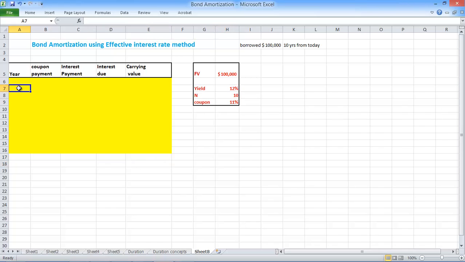So if they want a 12% yield, we have to first tell if our bond is selling at a premium or a discount, or how much we are going to receive today to borrow $100,000, which will be due in 10 years from now. So 1, 2, ... 10. Okay, so this has to be $100,000. So the net book value at the end should be $100,000, because when you receive money today,